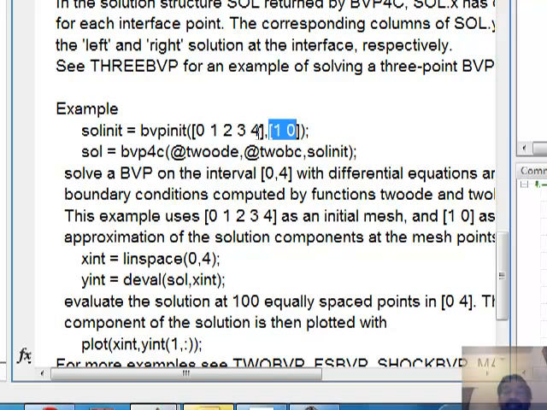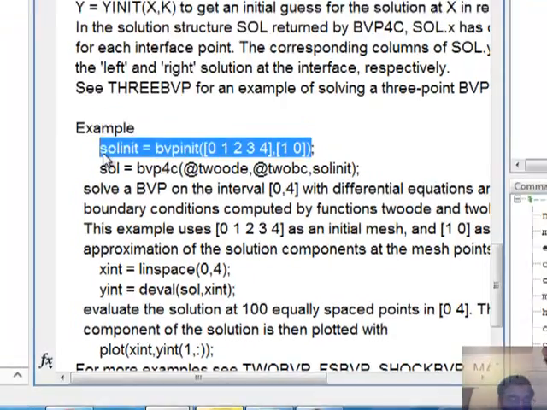And this is just a mesh point over the domain. The minimum one should correspond with the left boundary. The maximum one should correspond with the right boundary. You can have any number of intermediate points because it's only an initial mesh. MATLAB will refine it, particularly when there's a sharp gradient. It will automatically put more mesh points there. We will see what these mesh points mean later on in the course. But from our point of view at this stage, to create this sol init structure, all we need to do is make a call. So let me copy this and paste it onto my function